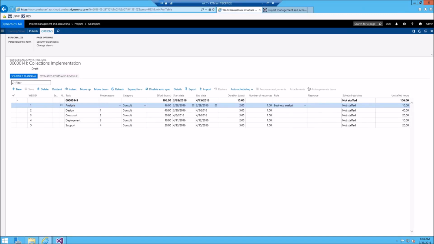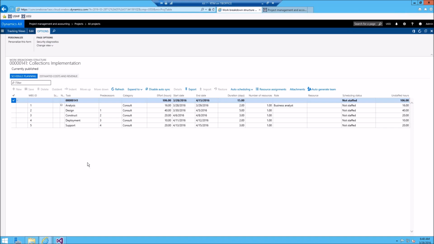Okay, so new functionality around the work breakdown structure is really they added the roles, and then up here there's this publish button. So I can create this work breakdown structure. Nothing's really going to happen until I publish it. So this is activating your WBS. So once I publish, great, now it's in use, and I'll see this information to be selected when I go